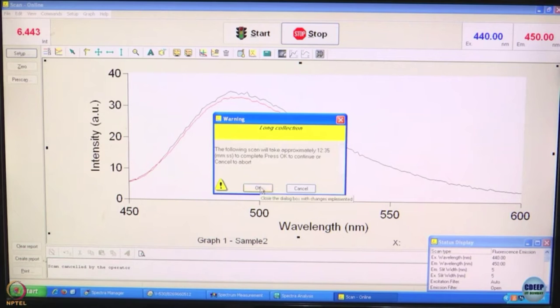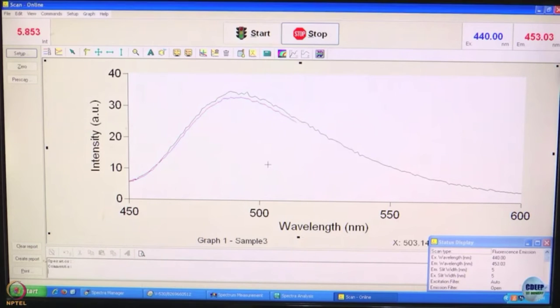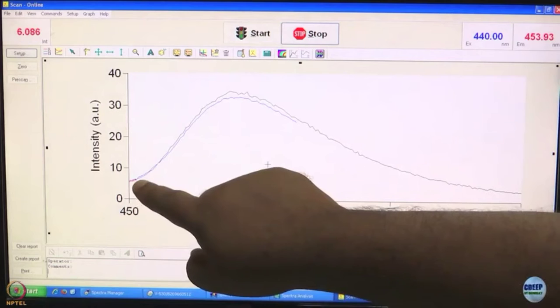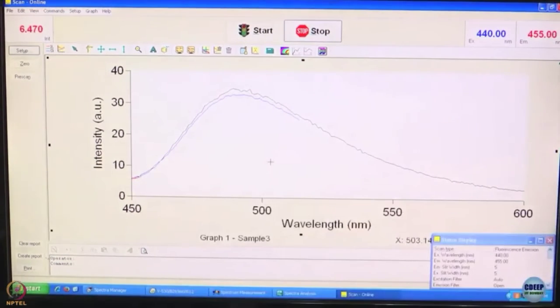Let us see whether investing this much time has any effect on the spectrum. Okay, we have started recording. You can see something creeping up here, but it is going to take some time. So, let us take a short break and come back and show you the spectrum when it has been recorded.